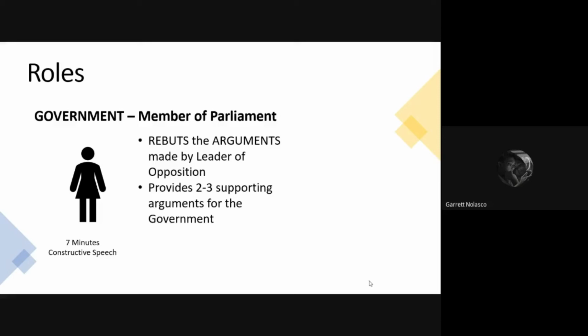It will now be upon the second speaker of the government to start rebutting the counter arguments made by the speaker of the opposition side, and then provide two or three more arguments to bolster the main points of the government side. So, take for example, in the first speaker, he says there is command responsibility because he gave orders and they were followed. Then the opposition side says there is no command responsibility because there's just cooperation. Now, the second speaker of the government can rebut that and say it is not just cooperation because